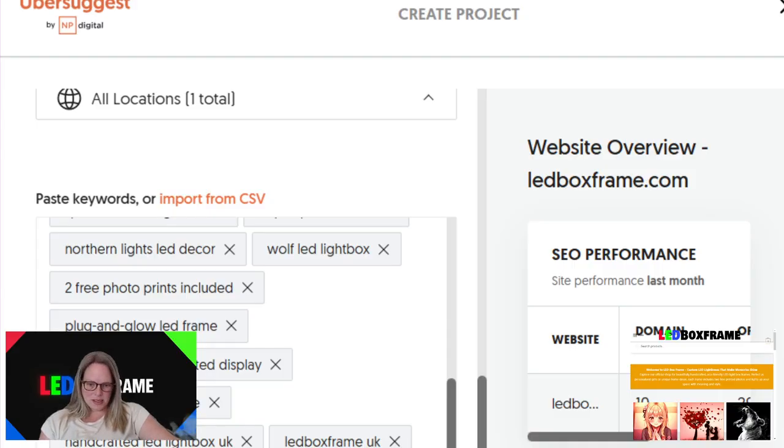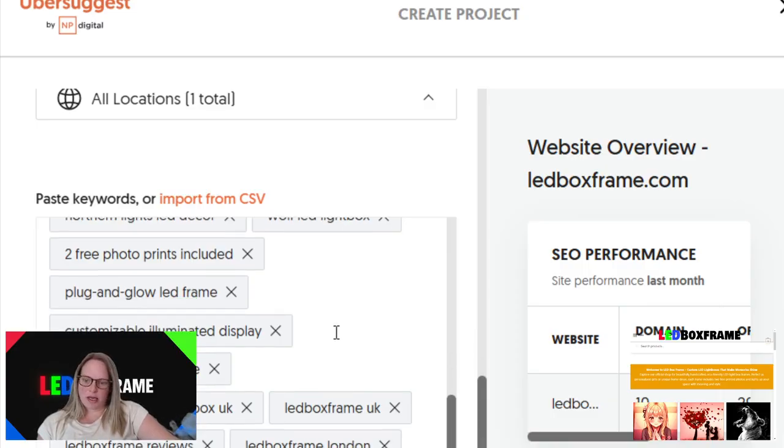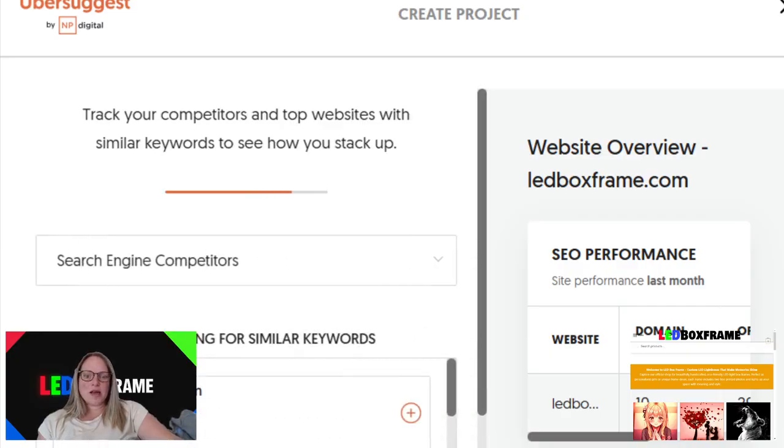Okay, so let me see what you guys can see. So there we go. We now have all the keywords in here. So I'm going to press next. Now before I carry on with this, I have to create